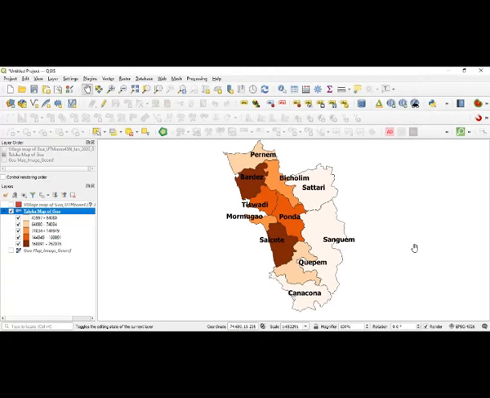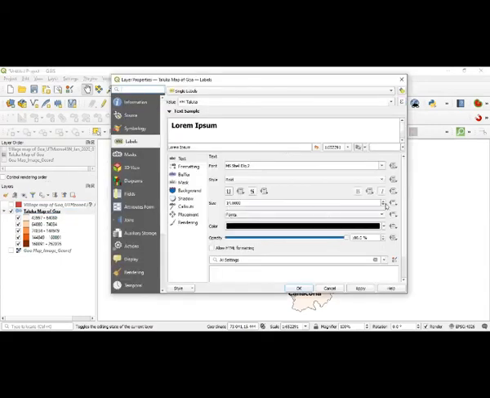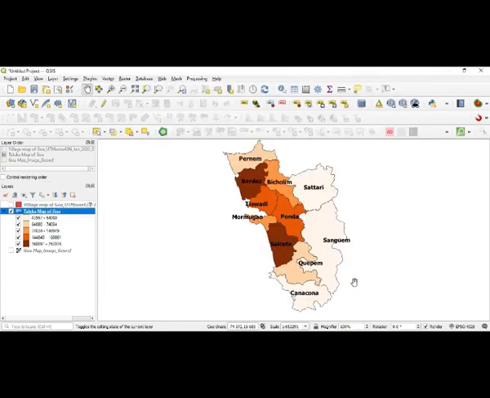The map is ready. The names of the talukas are there, but they look disproportionate to the size of the map. The skill of cartography demands that you keep the names of the talukas almost in proportion to the map space available. That is where the sense of proportion comes in. So if I'm not happy with this, again, I can go and reduce the font size. Instead of 14, I will go to 12, and check whether it suits better or not. You can see that still it is not good enough.